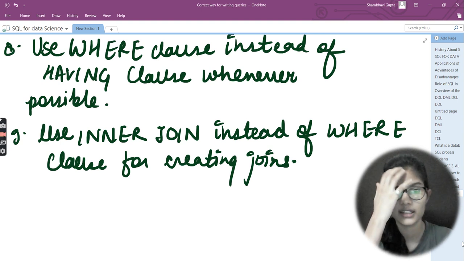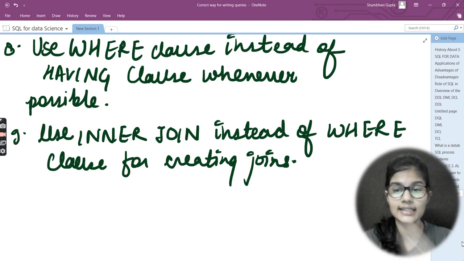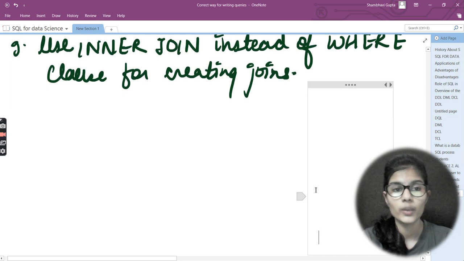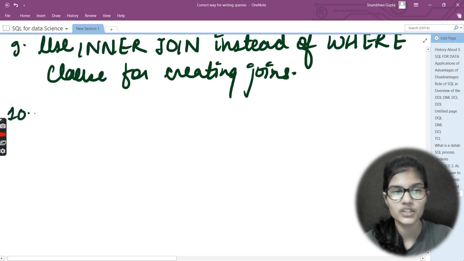If some required condition is given, then only it combines the rows. So this is the way that you should use inner join instead of the where clause for creating the joins. And at last we have the last one, that is number 10, and that is